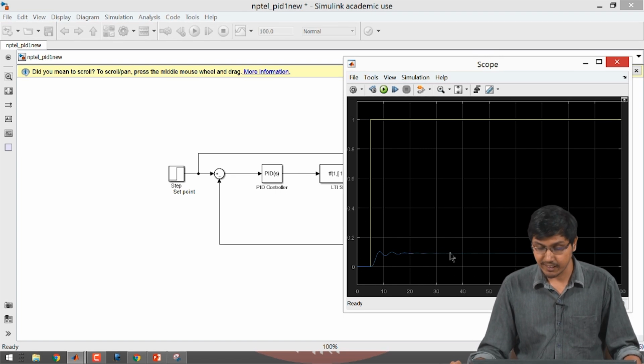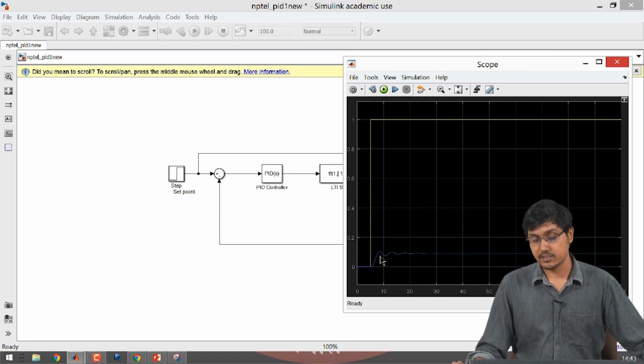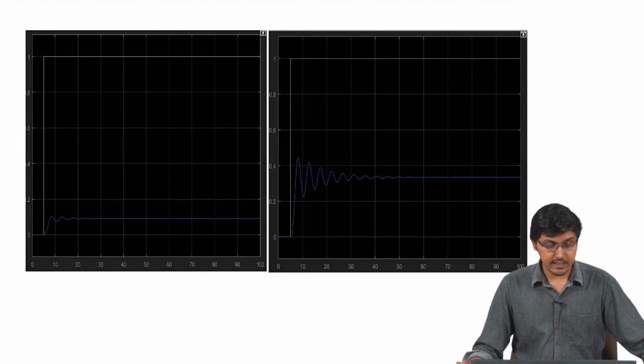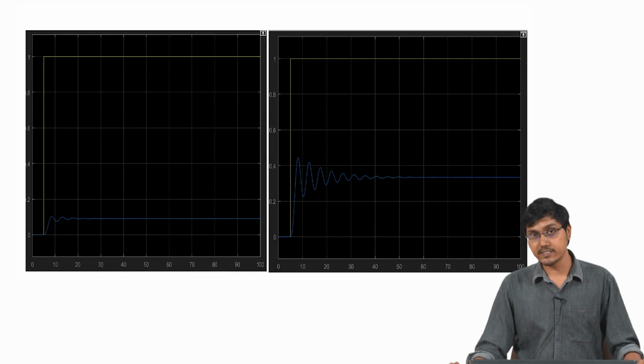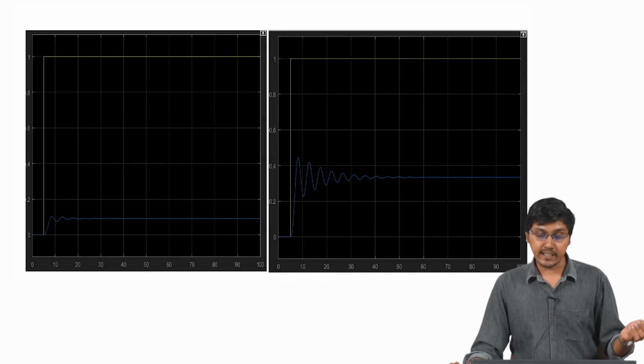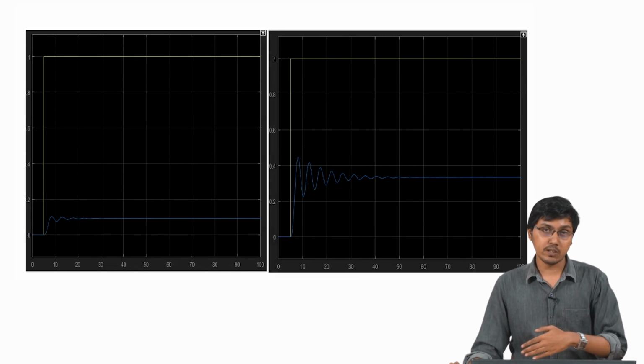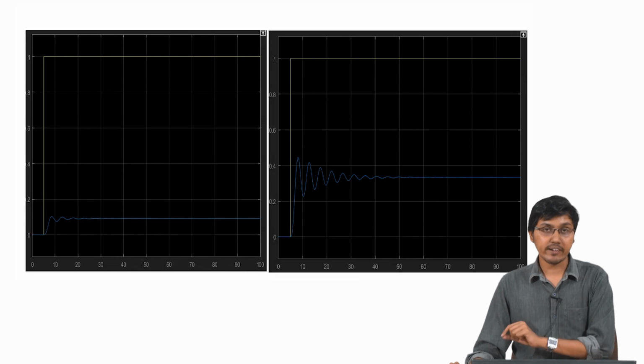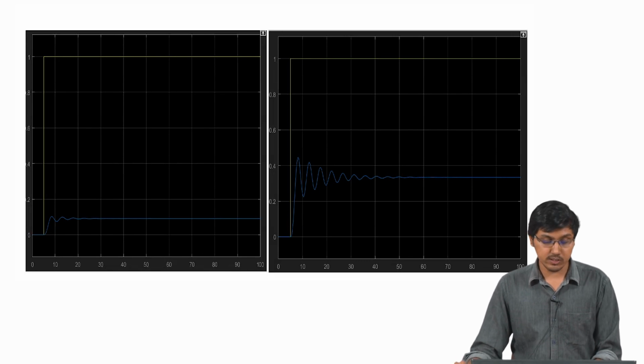In the initial starting portion it has crossed that final point, then decreased, and then settled at that point. So, this value has also increased. This we call the overshoot. Overshoot is nothing but the increase in the value that it has gone beyond and come down from, compared to the final value. So, increasing the proportional gain has actually increased the overshoot.